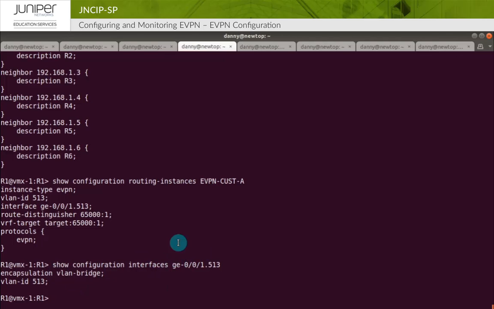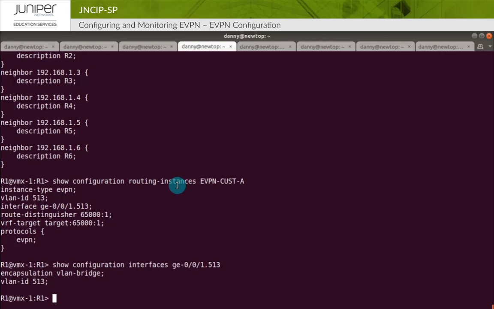One thing that's highly useful with EVPN that you don't get with VPLS is its integration with layer 3. I've not shown the configuration here, but if you wanted to integrate with layer 3, you would specify a routing interface underneath the routing instance. You would likely bind that to an IRB interface, and you would configure protocols, EVPN, default gateway, advertise. And what this allows the EVPN instance to do is to then integrate with layer 3 so that we can have hosts within the EVPN breaking out into layer 3 on the connected PE